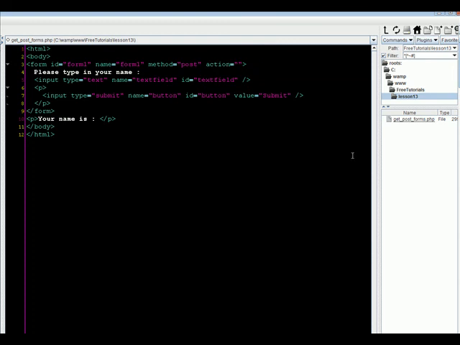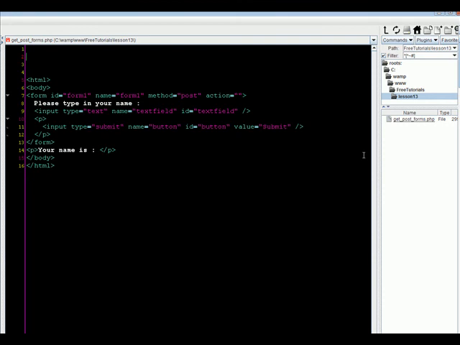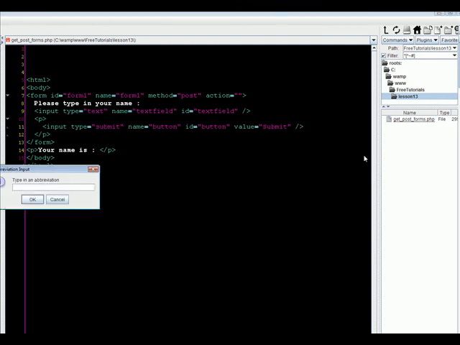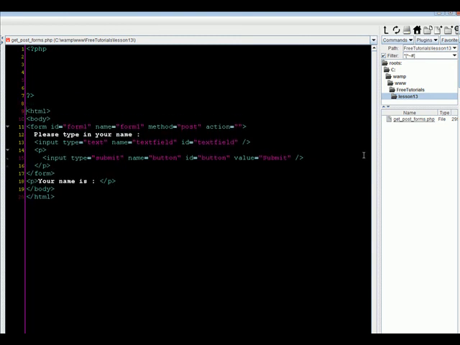Okay, so there's two different types of form methods. So let me just create some PHP tags here so that we can get set up. I probably should do all this ahead of time, but I didn't. So here we have, I'll just kind of describe, HTML body, you know what those are. The form tag, the ID is the name of the form tag, the name of the form. We are not going to use either of those right now. The method, this is either going to be post or get. And then the action,